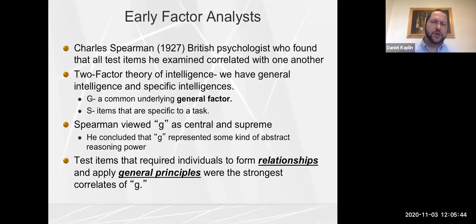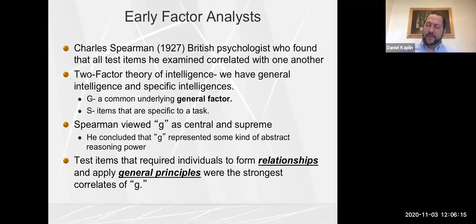So Charles Spearman, he was an early statistician, and he worked on correlation. Now it's interesting, you may have heard of Spearman in statistics from Spearman rho. So it's the same guy. Now, Charles Spearman, he came up with what's called the 2-factor theory of intelligence.